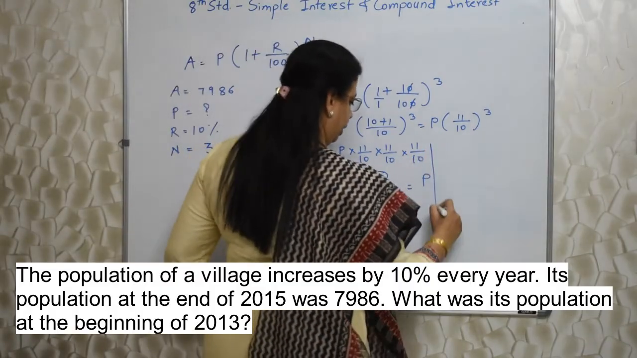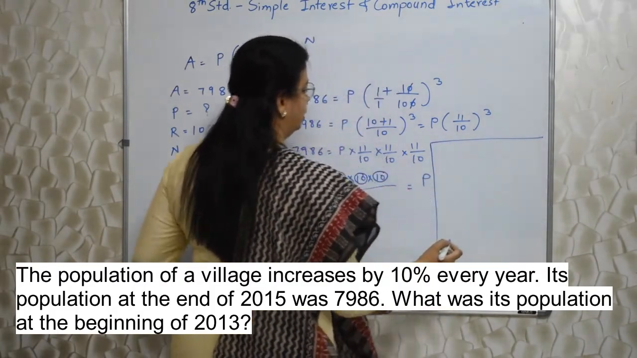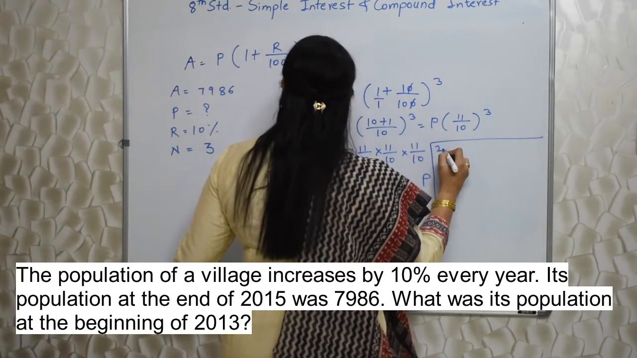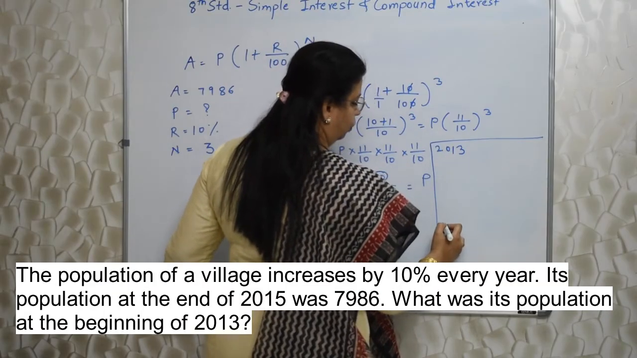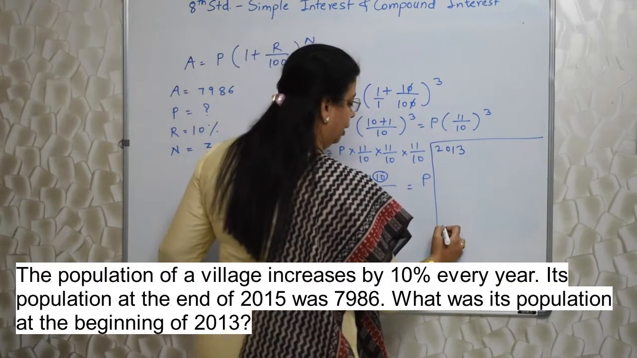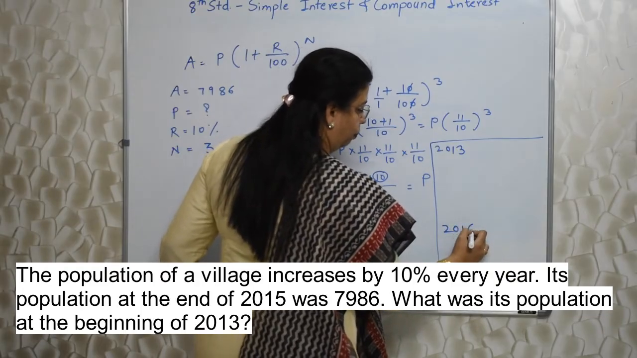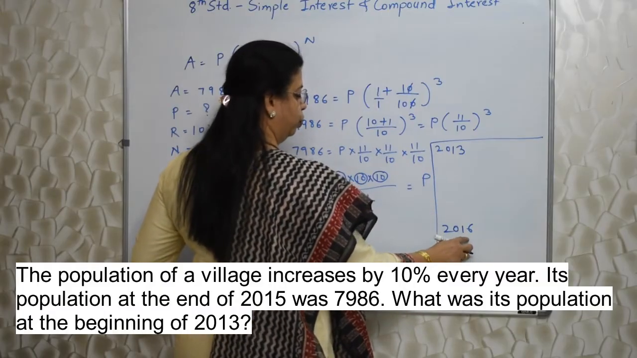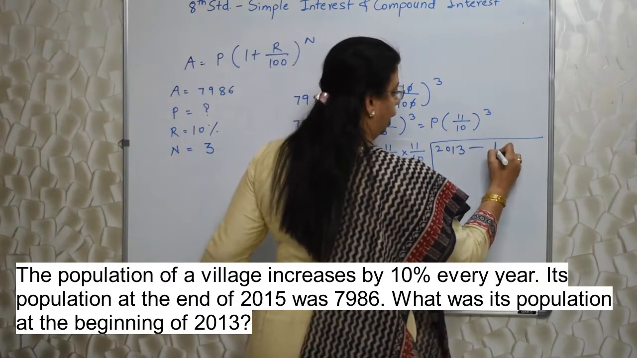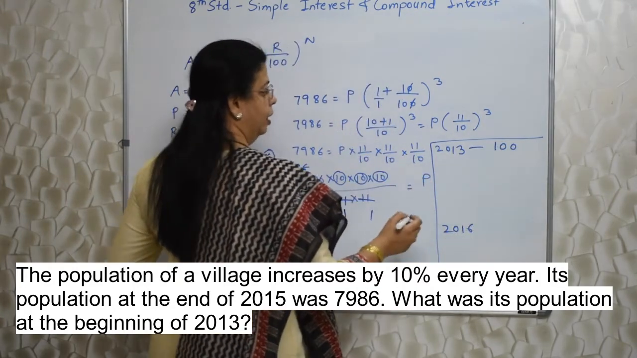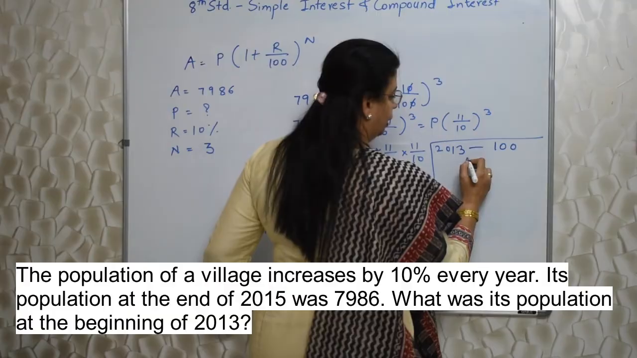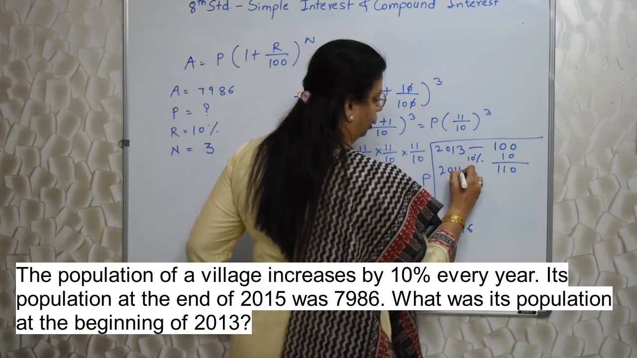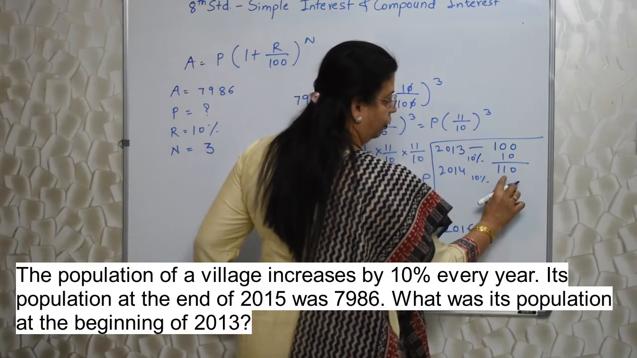See, there is one more method which is based on base 100. Beginning of 2013, and we have to come to 2015 end. That is, if this is beginning, we have to go up to beginning of 2016, right? End of 2015 means beginning of 2016. Let's assume it as 100. If P is 100, then 10% increase, that is 10. So it will be 110 in 2014. Then again 10% of 110,